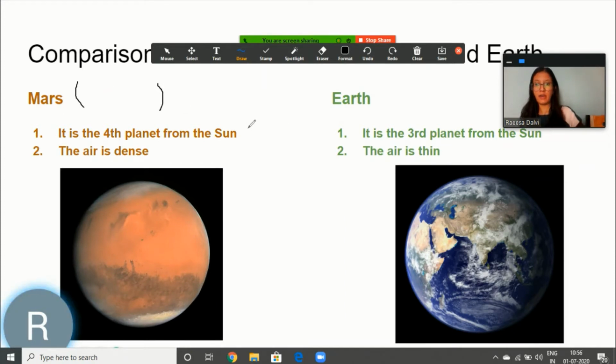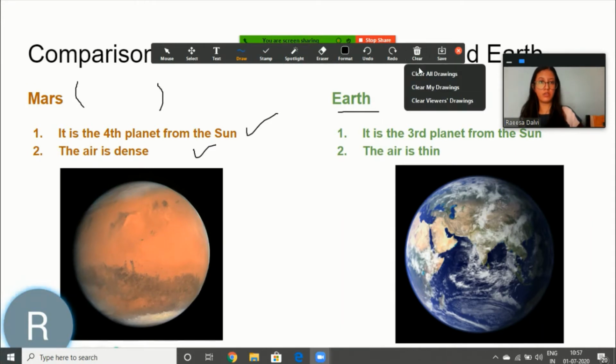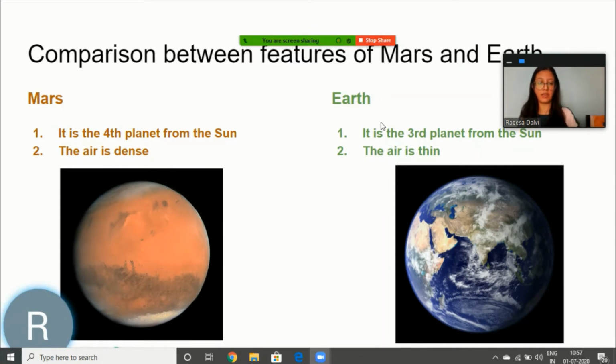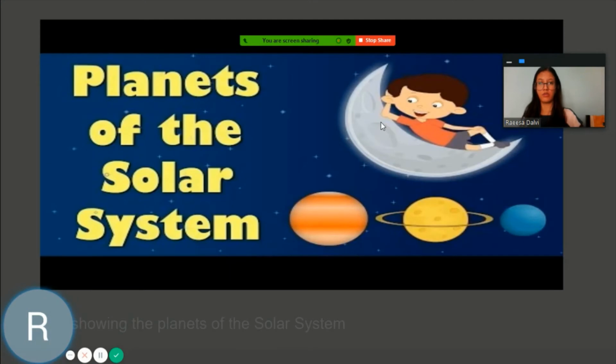So you annotate over here using the draw function. And once you're done, you can also clear all your drawings. So it goes back to normal, and none of this is coming on your slide. This is just getting recorded on Zoom. So I'm done with this slide. I will close my annotate, click on the slide again to go to the next slide.